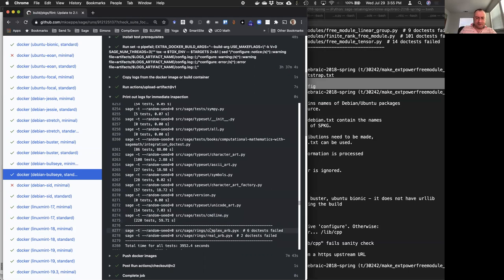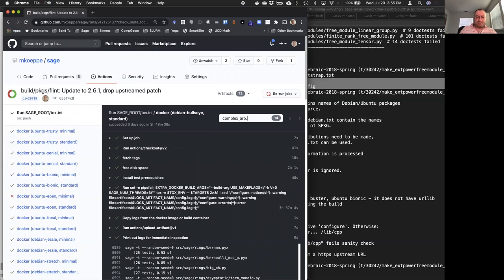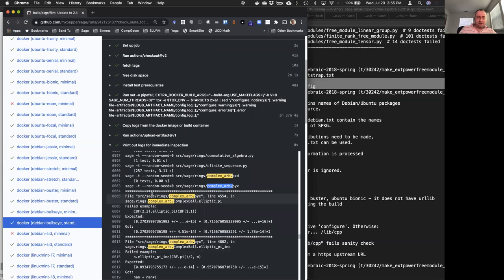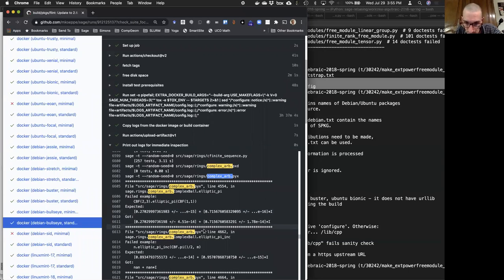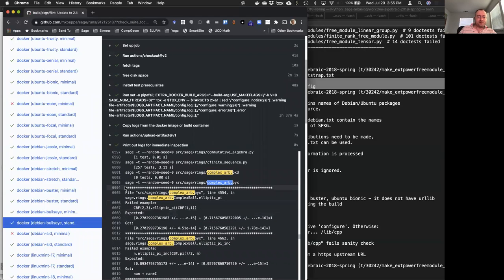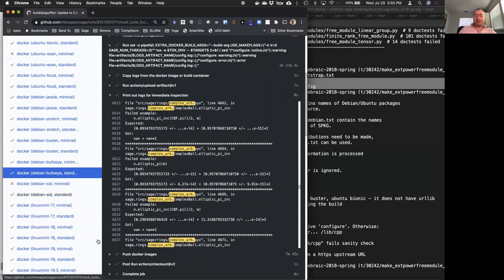Okay. So here is the summary. I can search for complex ARB. Complex ARB. And so there we go. So there we see something here. It looks like numerical noise. And so you see, there's a line of stars surrounding the failure. Excellent. Very good. That's a good trick. One should look for star. And so that's what we can look at, and